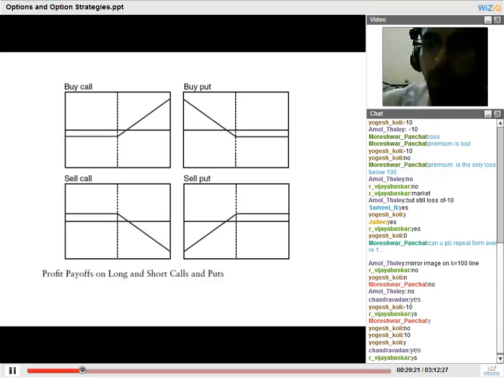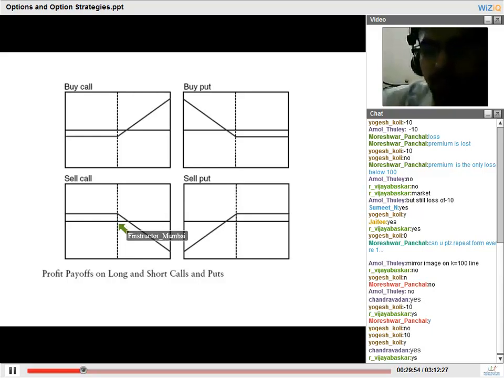Let's look at the payoff on a short call position. Short call is the right you have given someone, so for you it will be the obligation to sell the asset at a pre-decided price should the buyer choose to exercise the option. So let's say the stock price remains at 100. The stock price remains at the original strike price. Will the buyer exercise it? Will the buyer of the call option exercise it if the spot is equal to strike?